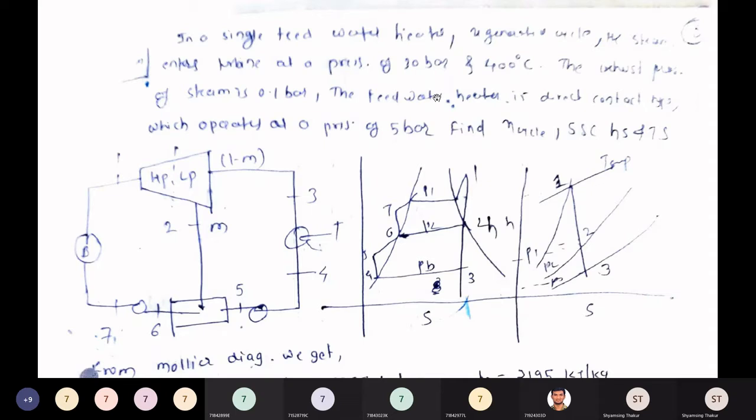So when we draw the block diagram, it is boiler, high pressure turbine, low pressure turbine. Some of the steam is taken from the high pressure turbine. Suppose 1 kg of steam is supplied over here, so m kg of steam is taken, and 1 minus m kg of steam goes towards the low pressure turbine. The m kg is sent to the heat exchanger, that is nothing but the feed water heater, and the 1 minus m kg of steam is sent to the condenser.